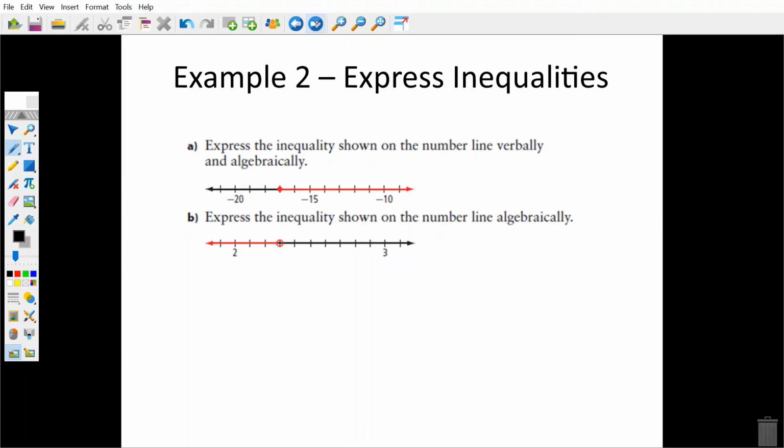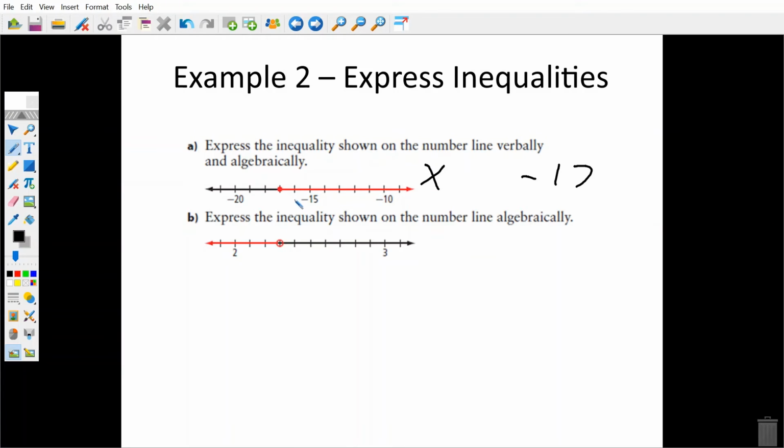Here it wants us to take these two number lines and express them algebraically. Okay, so the first one, here's what I'm looking for. The first thing I want to do is decide what this number is. That's negative 20, that's negative 15, so negative 15, negative 16, negative 17. So I've got a negative 17, my variable is x, and now I'm deciding, is it less than or greater